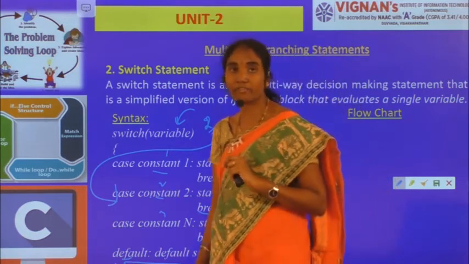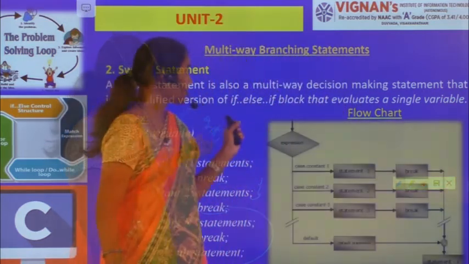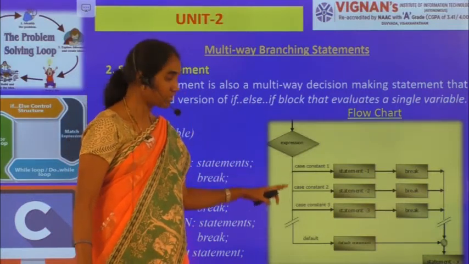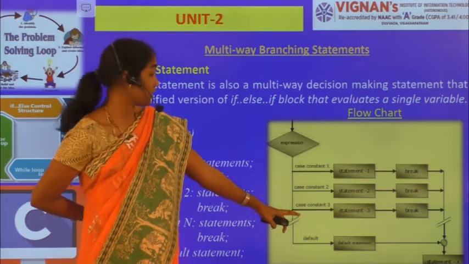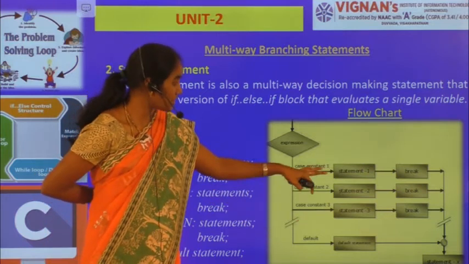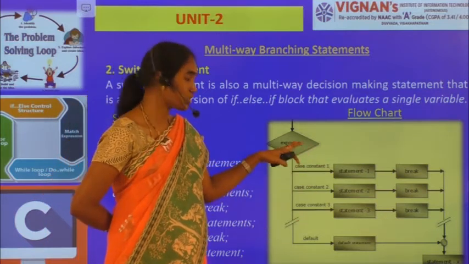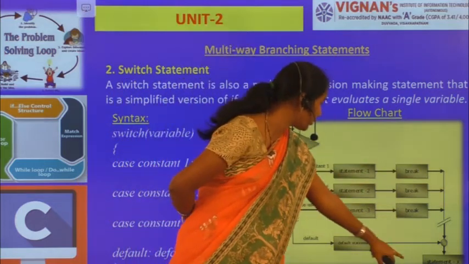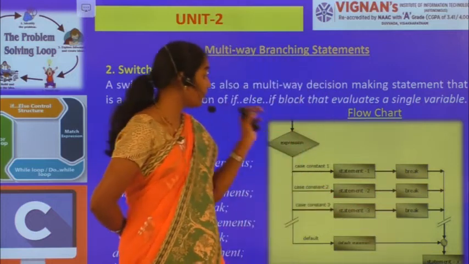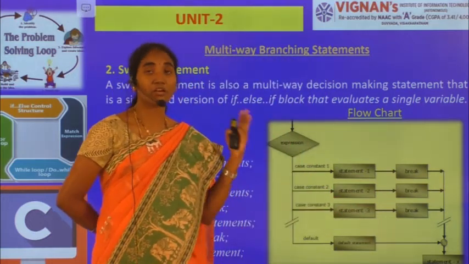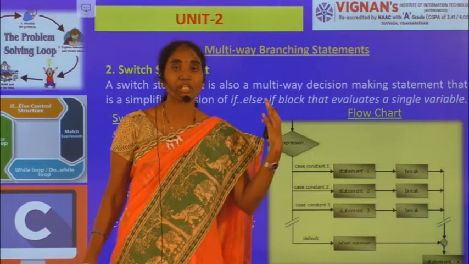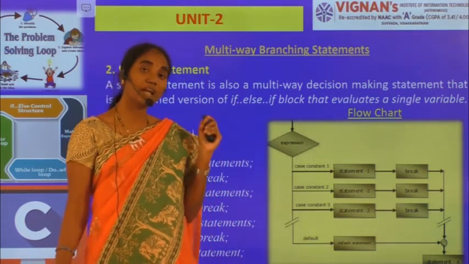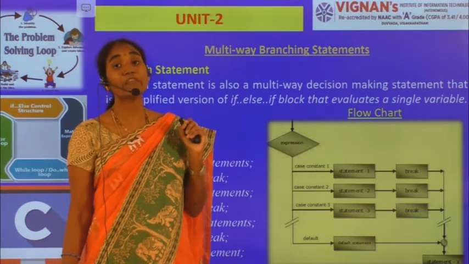Now let's have the flowchart for the switch case. This is a flow chart. Here expression, case constant 1, constant 2, constant 3. So likewise I'll be having case constant n. So if this expression evaluates to 1, then this case statement 1 will be executed and immediately the control comes to the statement x. For suppose this expression does not match with any of the cases, in that case it will execute the default statement.